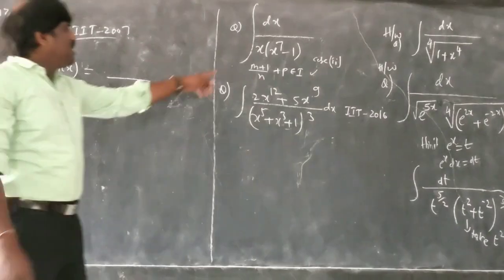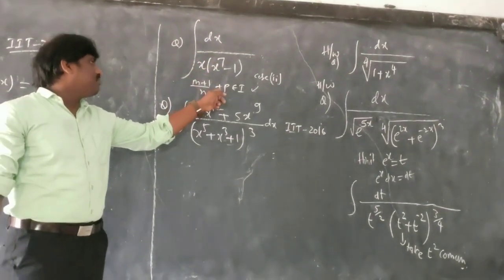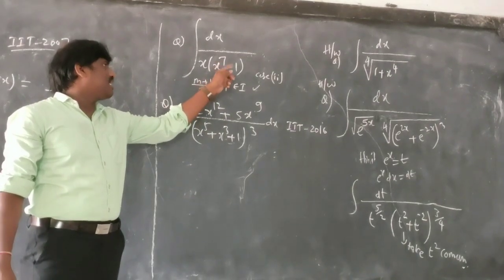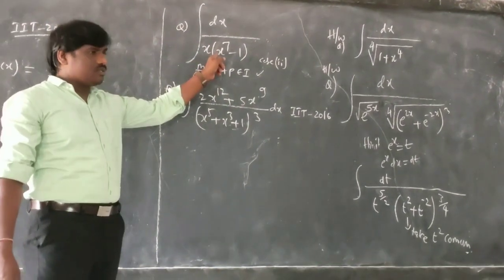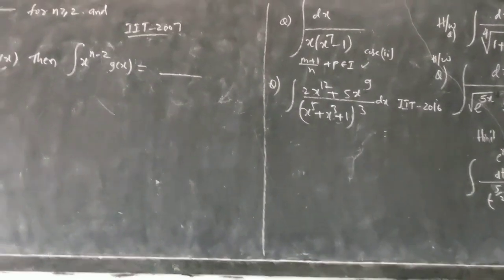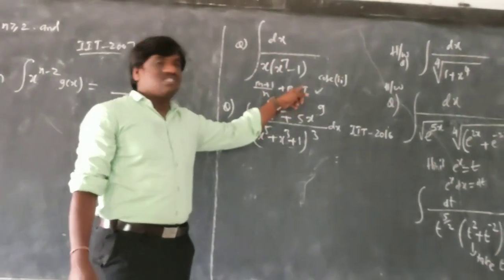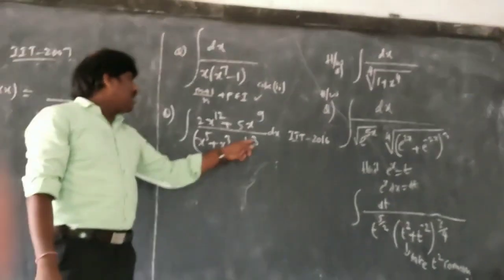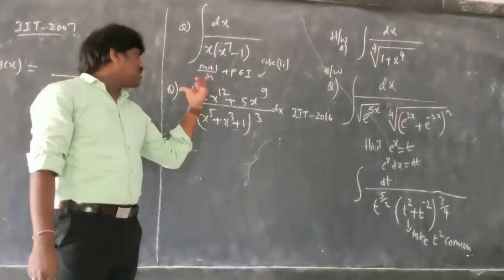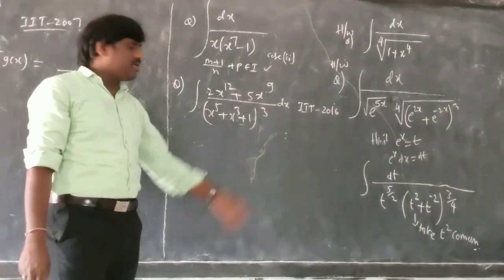Now this one is also homework for you. This one is the second model. I is equal to, you can take x power 7. I think I have to see what this power is. So this question is correct. You have to integrate this one using the second case. There are two cases, and you have to use the second case. And this is IIT 2016. This question I already explained to you. You can see this question and solve it on your own.